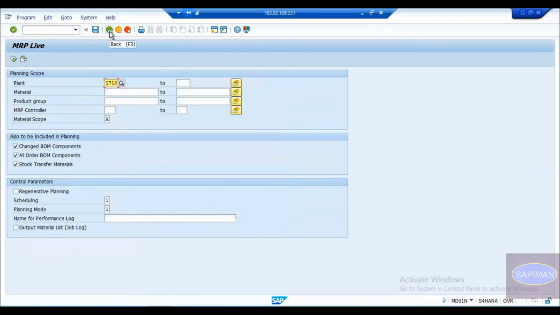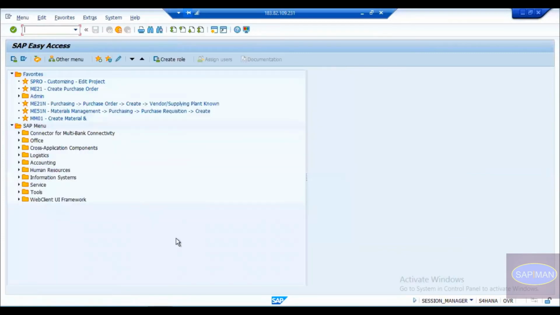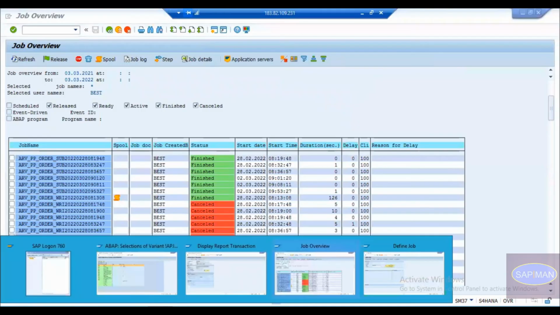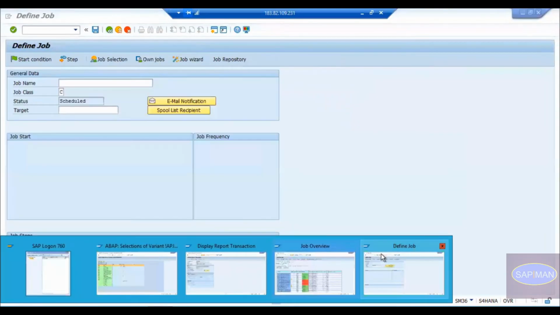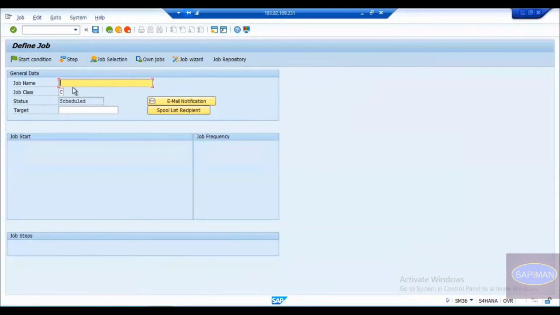Okay, now once the variant is created, we'll go to SM36 to create a job, and in SM36 we'll put a unique identification name through which we can identify it. You can put the job name as test also, that doesn't matter. But my personal preference is to use a good name with which you can identify what this job is doing by looking at the job name itself. You don't have to dig into the job details. Now in the job name I'll put daily MRP run,